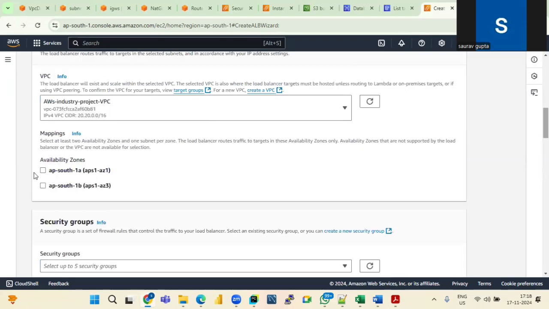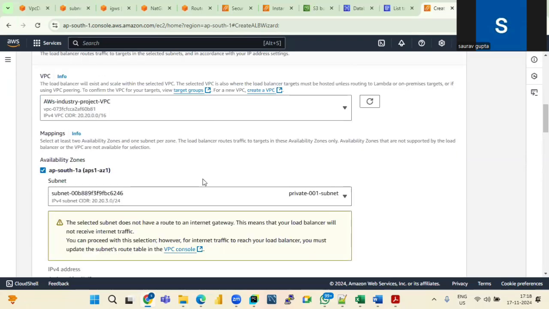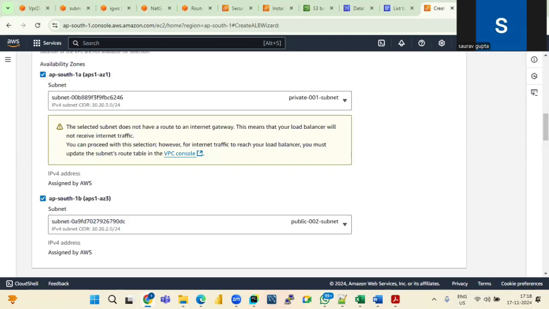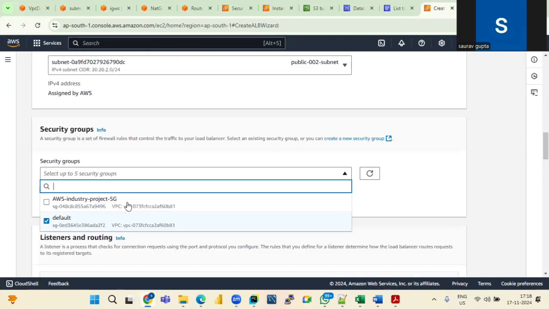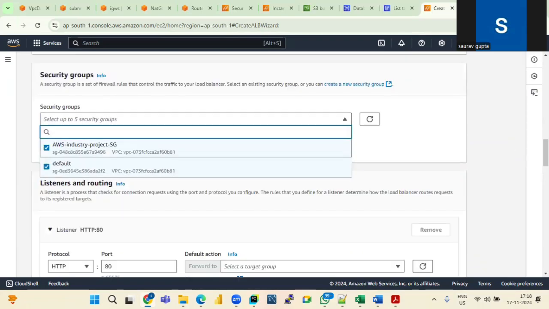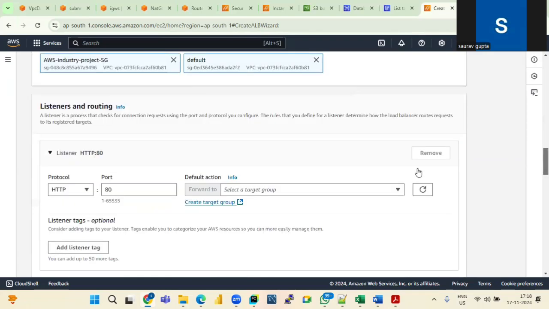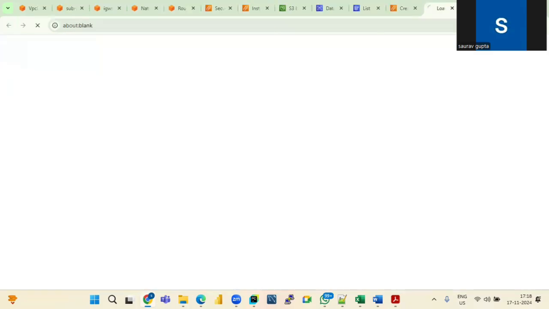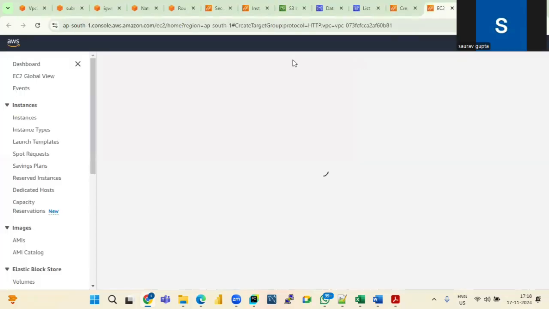And then tick on this too, right? Here the security group should be your security group as well. So I already tick, go down here. Now here I refresh it. I do not have a target group. I'll create a target group, right? So I'll go here,